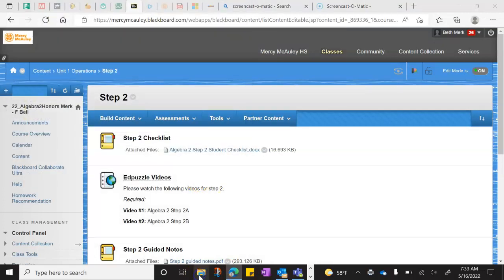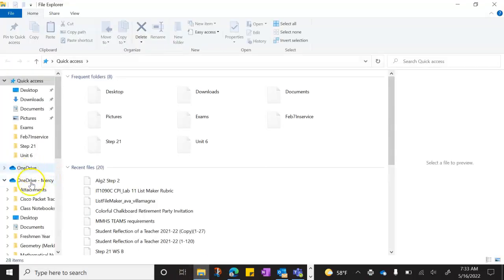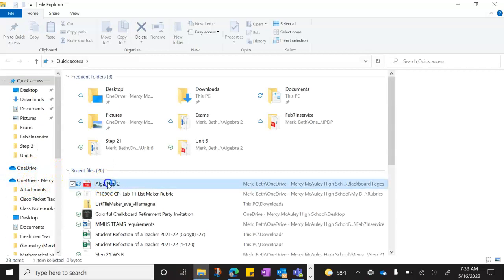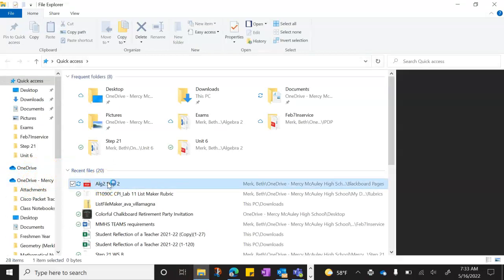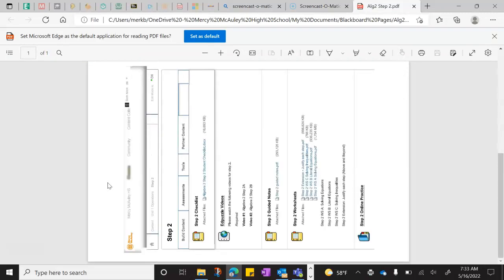From here, all I'd need to do is either open it up on my computer, or I could go ahead and print that out, and then I would have a paper copy. This might be ideal, particularly if there are courses that you don't need to create for this upcoming school year of 22-23, but you might want to have that available for future years, and you might need to get that off of